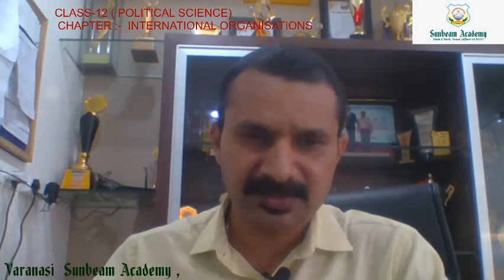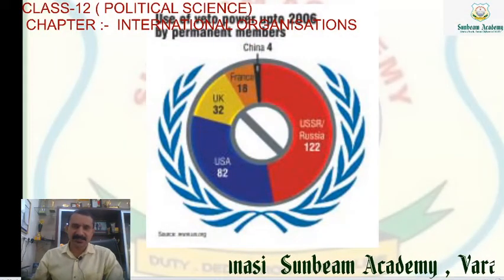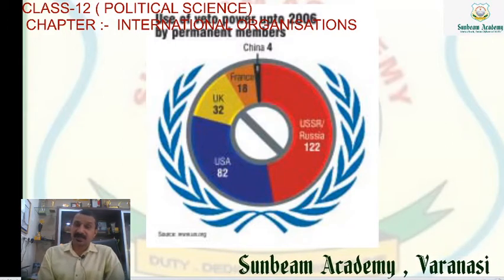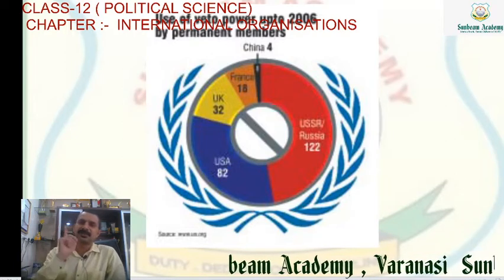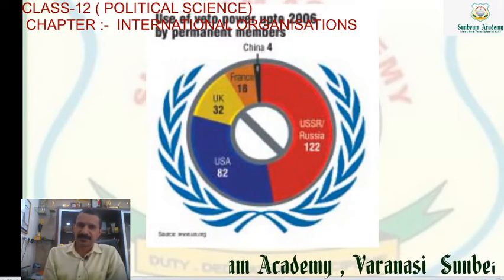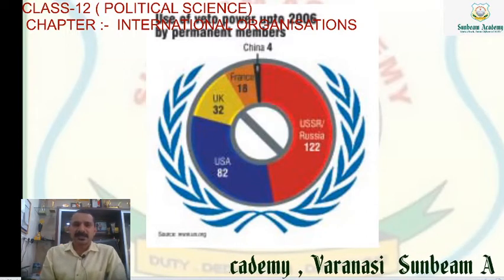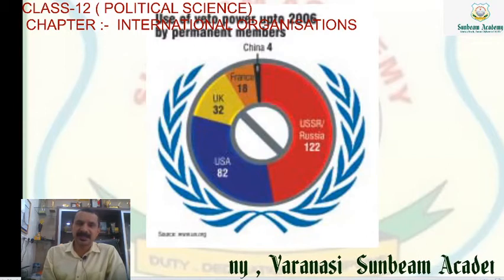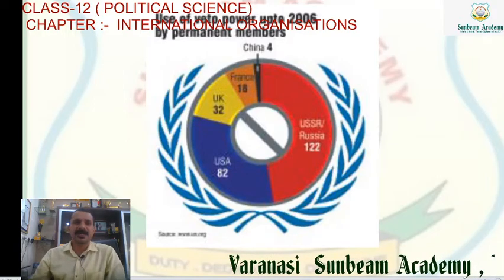I'm having one slide, let me show you if I can. Yes, I got that slide, right? If you can see this particular slide, you can see the use of veto power up to 2006 by the permanent members. कौन कितना किया है देखो। USSR, that's the present Russia, 122 times used the veto power, negative power, सबसे ज़्यादा। अगर more than total 200 बार हुआ है तो 122 बार सिर्फ रशिया ने इसको यूज किया है। USA used the veto power 82 times, United Kingdom 32 times, France 18 times and China only 4 times. This is what they have used their veto power, और वीटो पावर said to be the negative power। कहीं ना कहीं किसी ना किसी रेजुलेशन, किसी ना किसी चीज़ को रोकने के लिए ये यूज किया गया है।